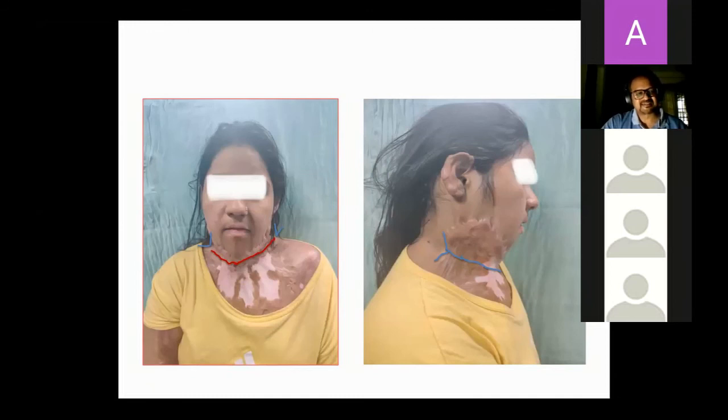In burn scar, you don't try to chase all the scars. It will be difficult. Wherever there is functional restriction, functional issues, you just sort it out. Then you can add aesthetic value to that later. You get me?